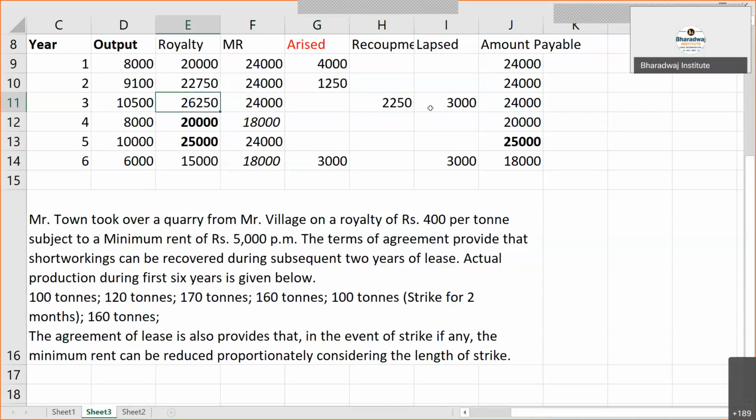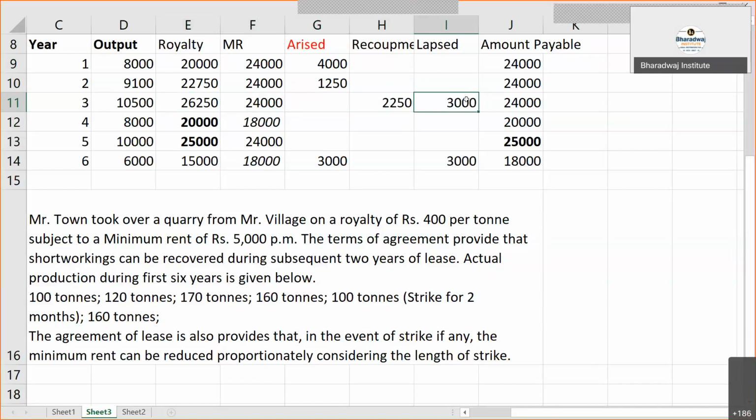That's the third year we are paying minimum rent because the landlord has allowed it. You paid an excess amount, and that is allowed for recovery. The landlord has given permission. That's why we are using the surplus for adjustment. Yes, correct, the excess amount available can be used for adjusting the short working. But not in the 4th year or 5th year, because the agreement provides only 3 years for recovery.